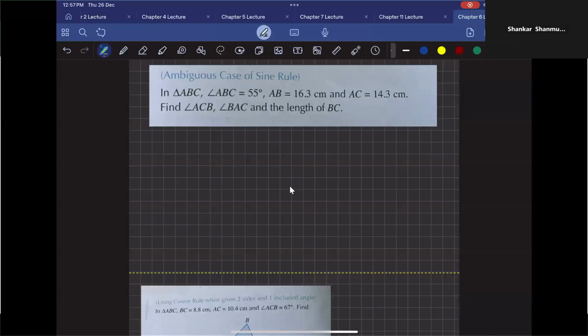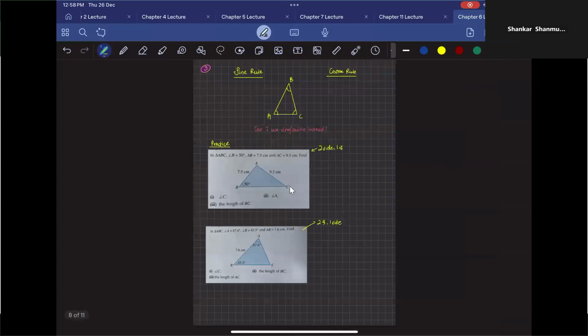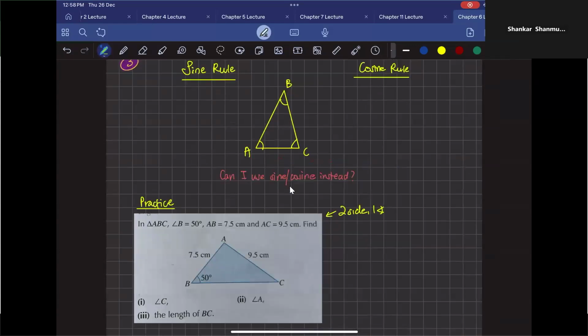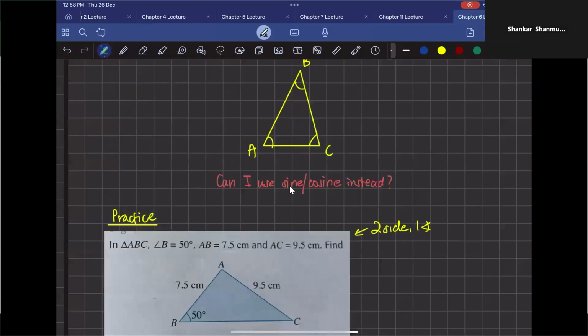Okay, finally now we are at the last part of this chapter. So, okay, sine rule and cosine rule. So, what are they? So, sine rule is basically a trigo identity where it says that